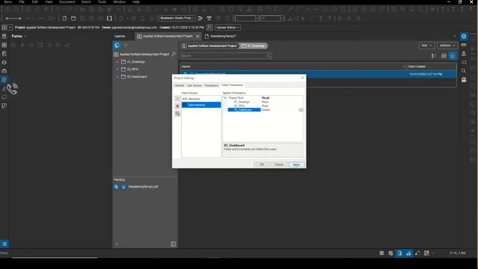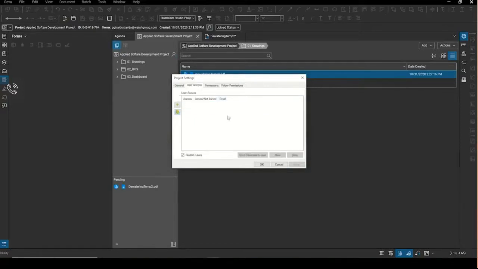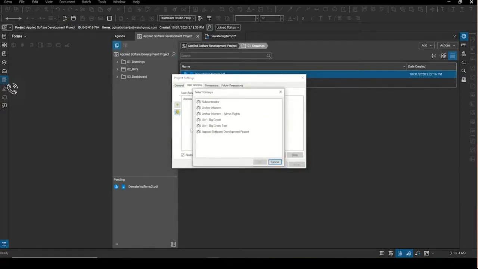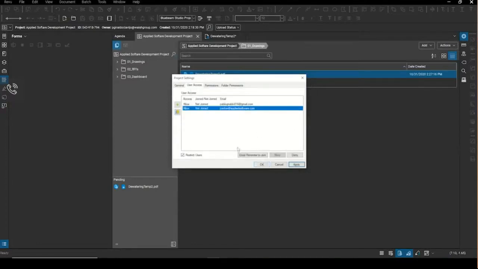Again, you click apply, and then that should be it. I'm going to click on the sub and then email reminder to join. Now on the end, the sub, which is my personal email address as the example,